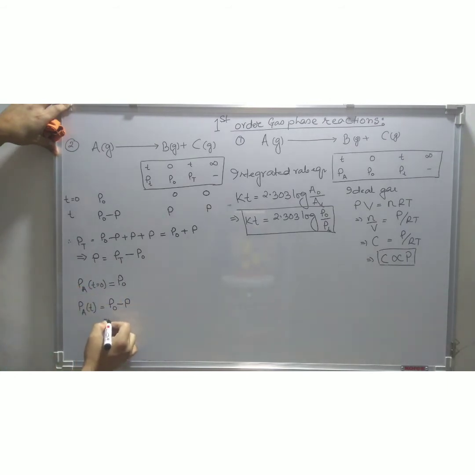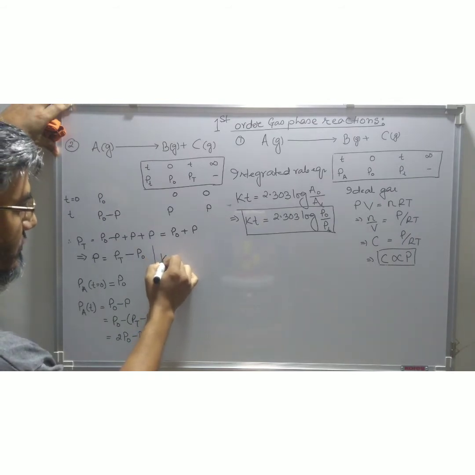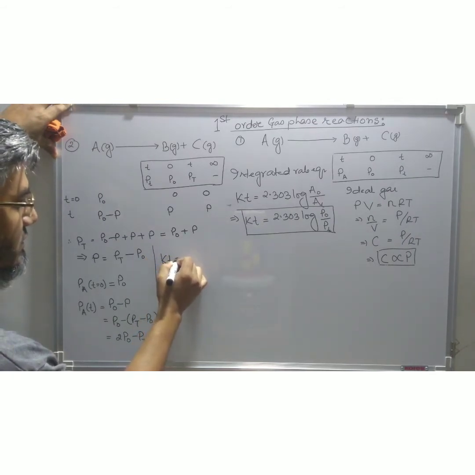So we have this P naught, P is equal to Pt minus P naught, so minus Pt minus P naught, or equal to 2 times P naught minus Pt. So we have pressure of A at time 0, pressure of P at time T. So from this integrated equation we have